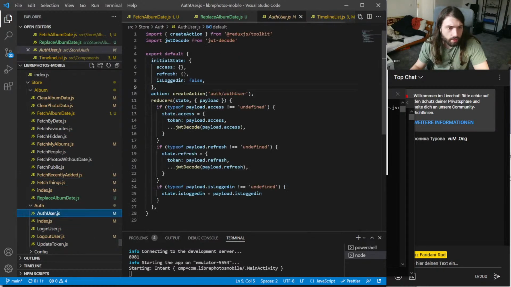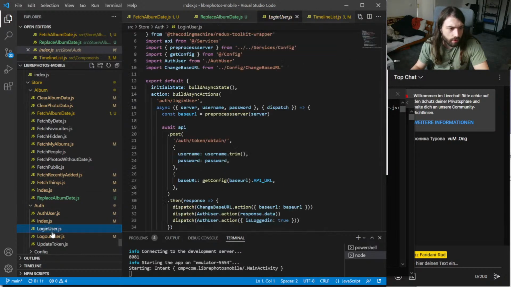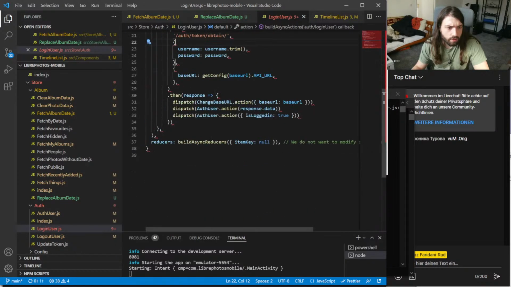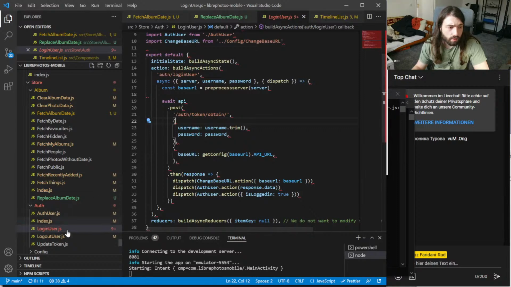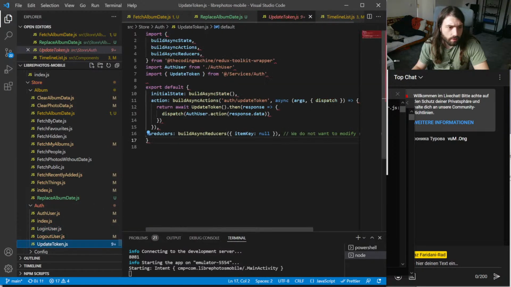Okay, so let's go to auth user, because there we had a similar thing. So this is basically, he gets something, then we go into here. Right, okay, that's just store login user, then we have build async action, and then he does null. Alright, logout user, that's simple, update user.